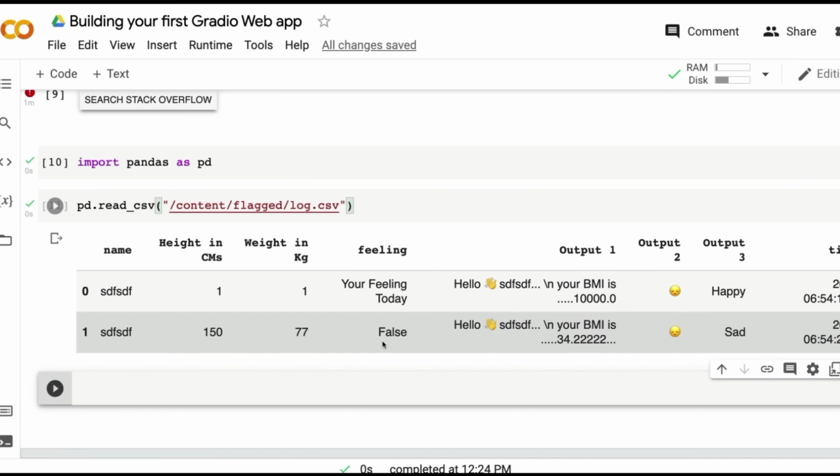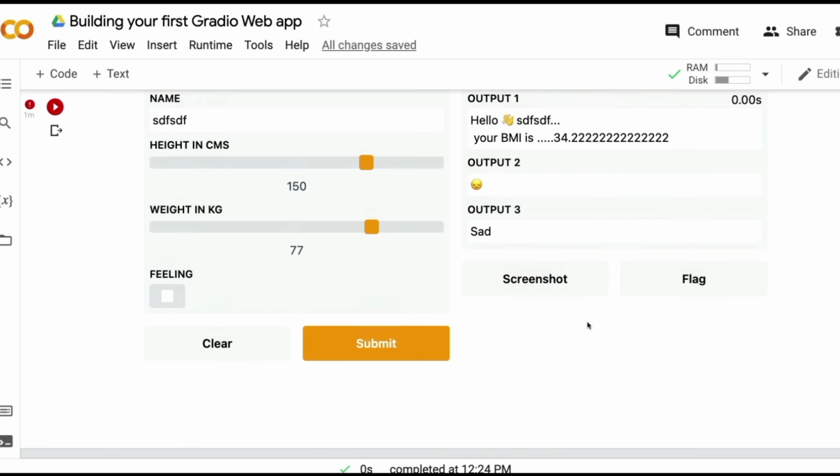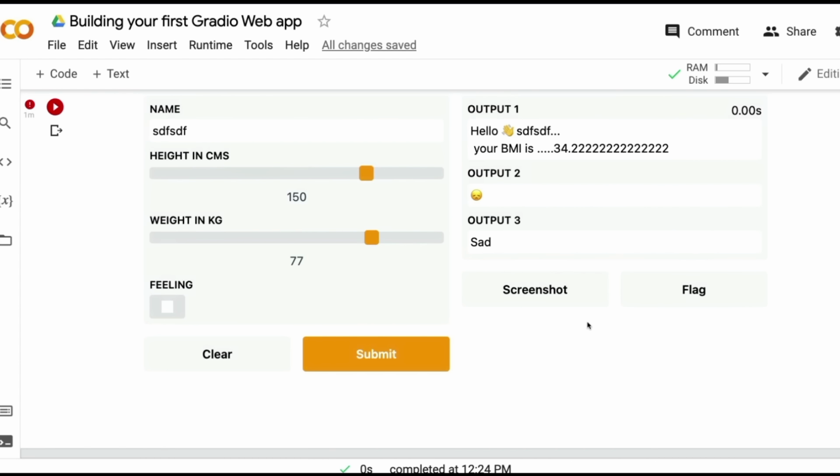But when you have images, the actual images or any other media type for that matter, the actual media content itself is stored inside that folder, making it easier for you to evaluate what has gone wrong. This is a very important aspect. Again, when you're going to use Gradio for iterating your machine learning model or improving your machine learning model, this is quite important and useful to use. And again, a lot of people who build Gradio apps might not be very aware of this because it just exists there. But yeah, efficiently using flag can improve your machine learning model, can help you identify there is a